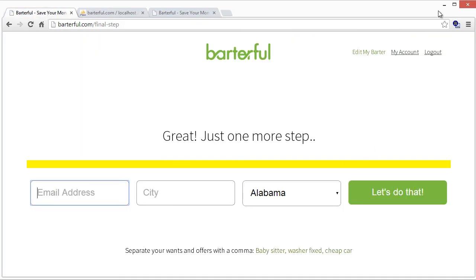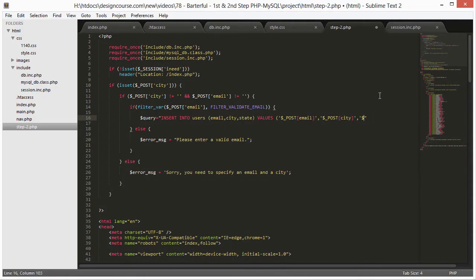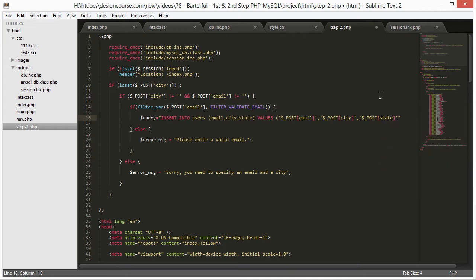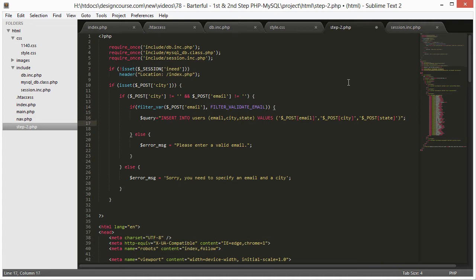Yeah, state. Okay, wanted to make sure. I got confused for a second. All right, post state. And I just realized we have another field that we have to worry about here. Oh yeah, the state will always be specified, so we don't have to worry about that. Okay, cool. All right, so then close up the parentheses on that and put a semicolon at the end along